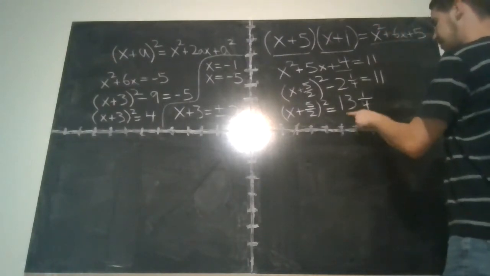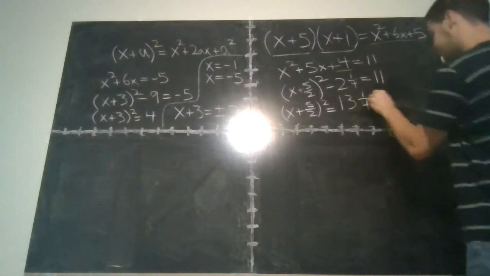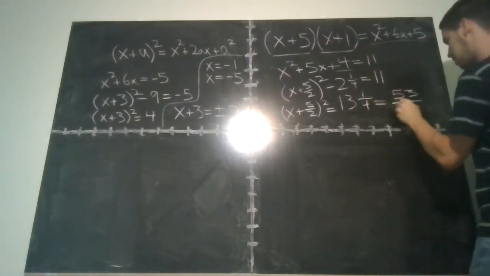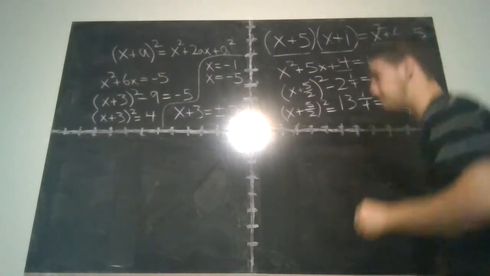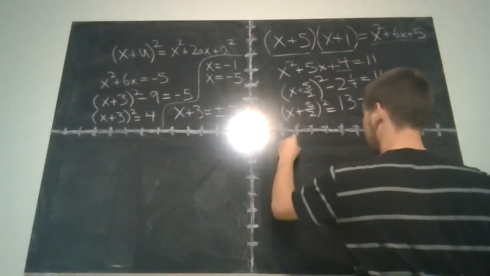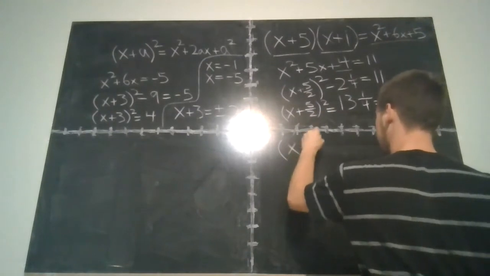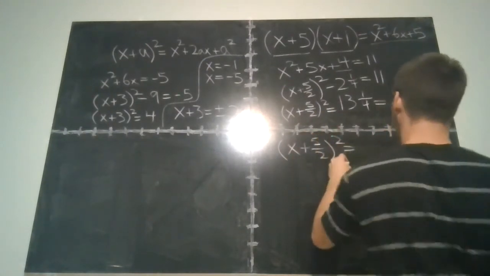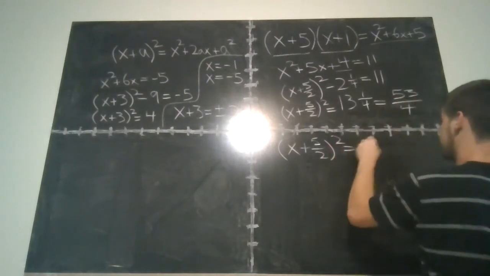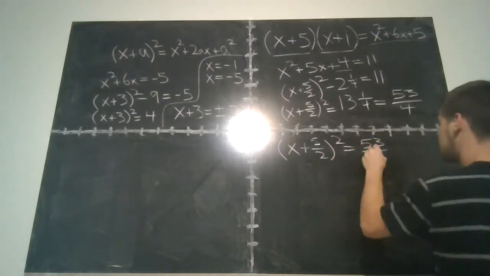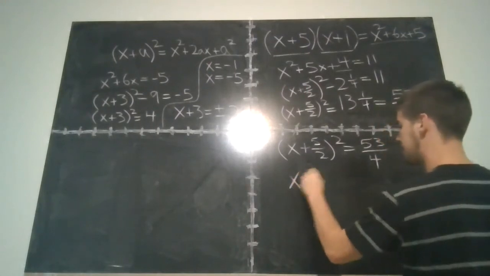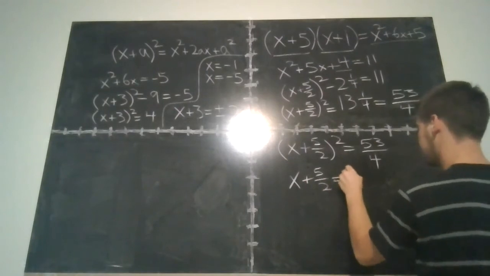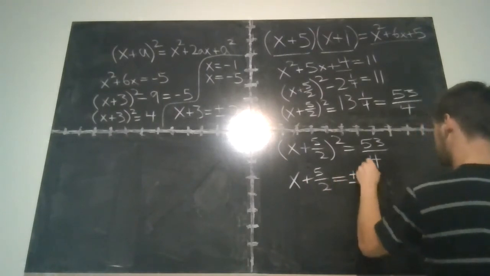This is really the same thing as 53/4. So we've got x plus 5/2 squared equals 53/4. So x plus 5/2 equals plus or minus the square root of